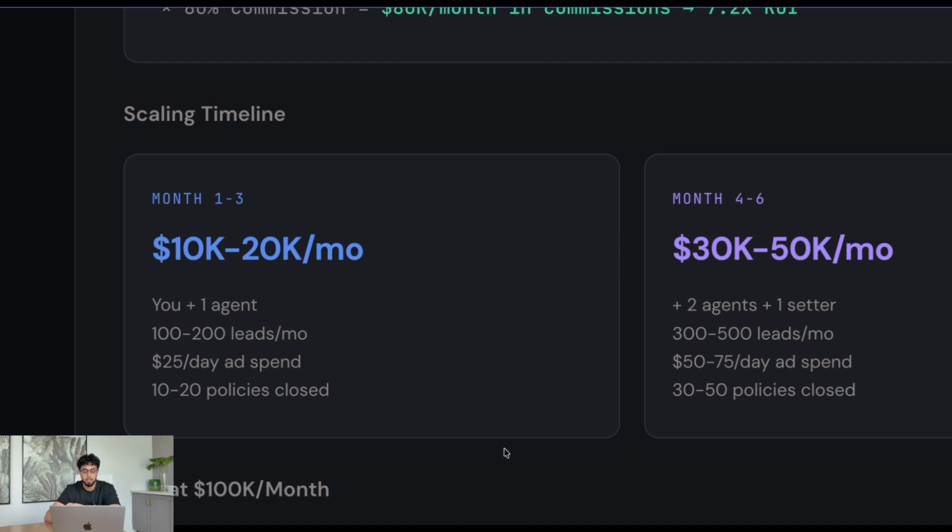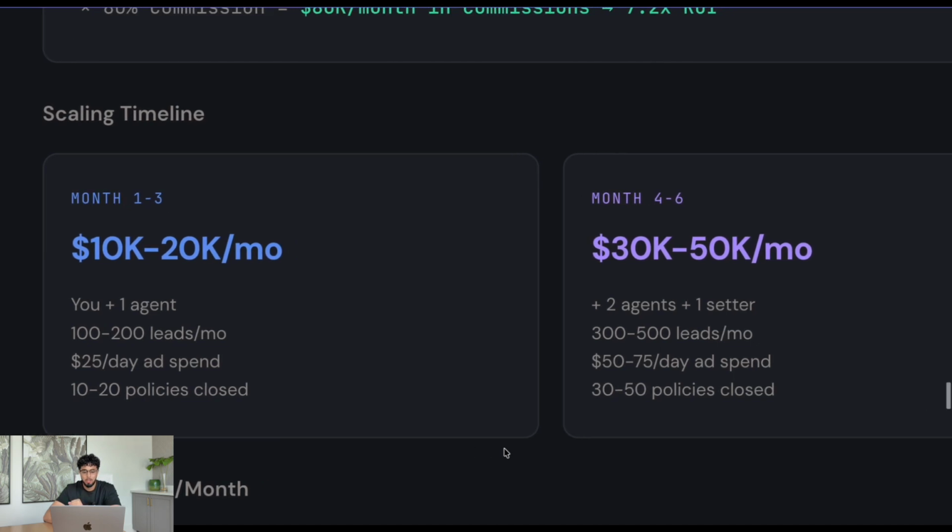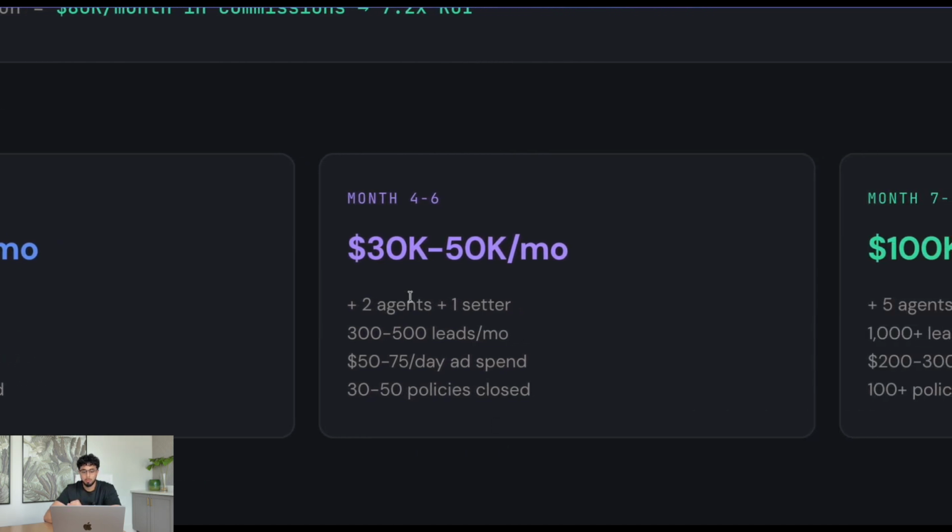You're spending maybe $25 a day on ad spend, maybe 100 to 200 leads per month, 10 to 20 policies closed. You can do that easily by yourself even. You don't need another agent. Month 4 to 6, relatively. You can make this even quicker if you like, but this is just a consistent timeline to make sure every